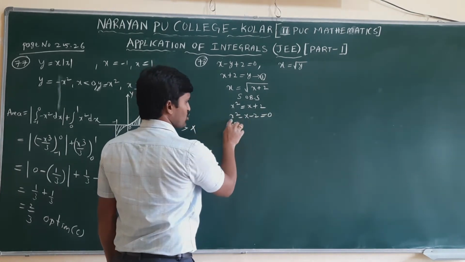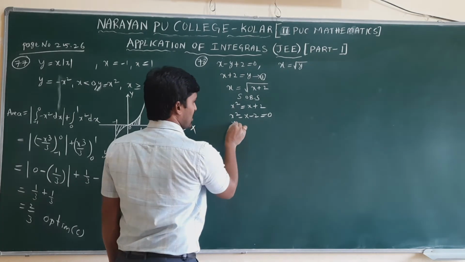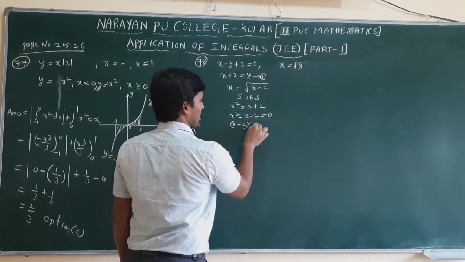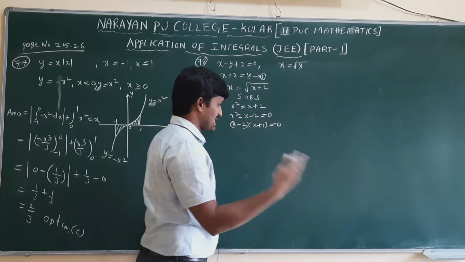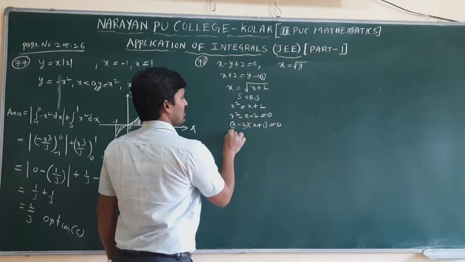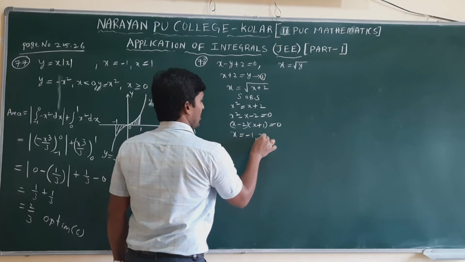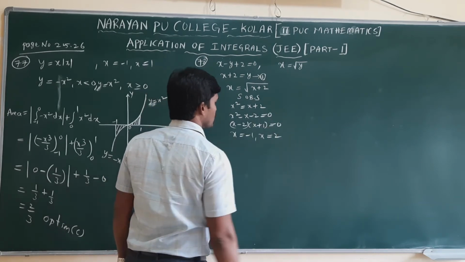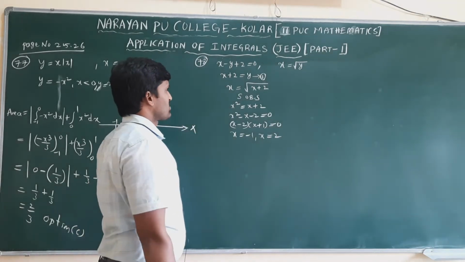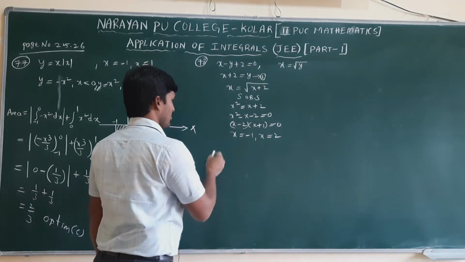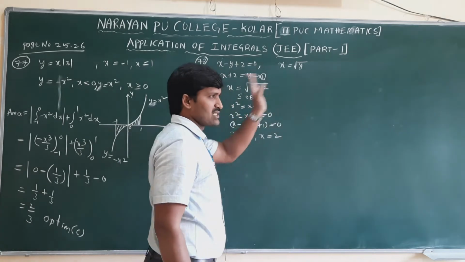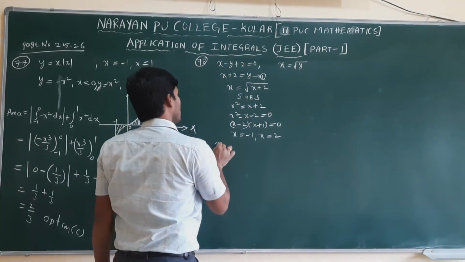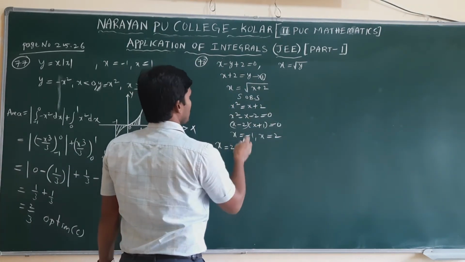Now minus 2 means, factors what? Minus 2 plus 1. Directly I am writing x minus 2 into x plus 1, by splitting my minus x as minus 2x plus x. You will get those factors. The x value is either minus 1 or 2. But the x value minus 1, what condition are you taking? The x value minus 1 means negative side, we are not taking it because root y is there. We are not considering that negative value. Only the x value 2 you will take. x value 2 means y value?